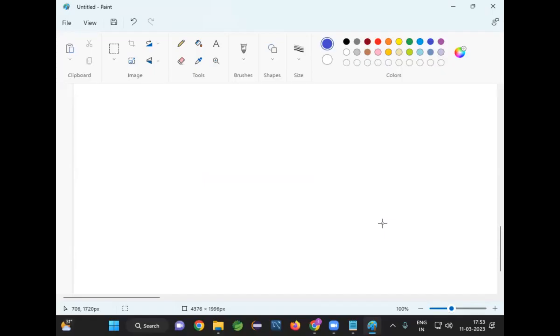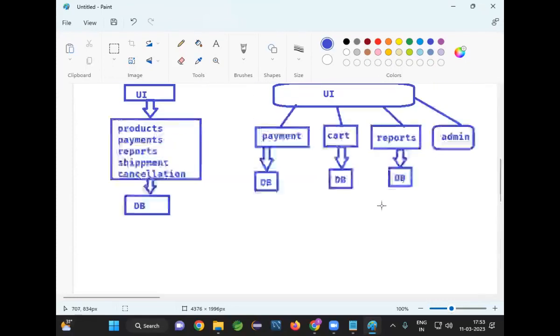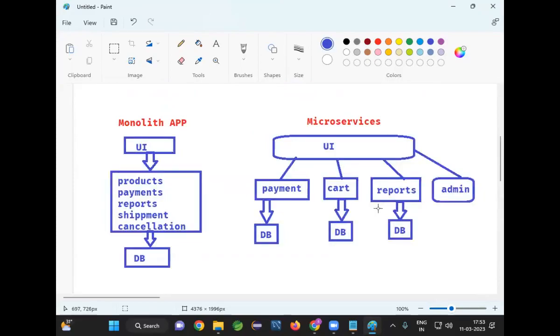What is the problem with the monolith application? Maintenance problem. If I want to make a small change, then I need to compile the whole project, package the whole project, and deploy the whole project. So maintenance wise, it is very, very difficult and very challenging if you develop your project as a monolith. To overcome the problems of the monolith application, we are going to develop our project as a microservices